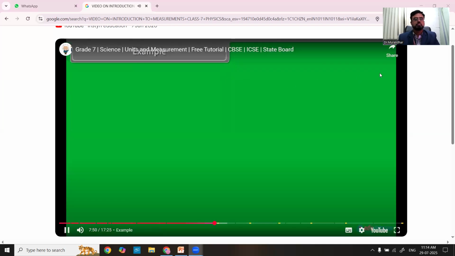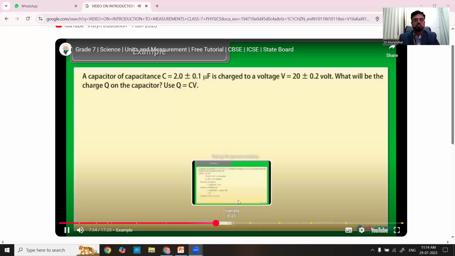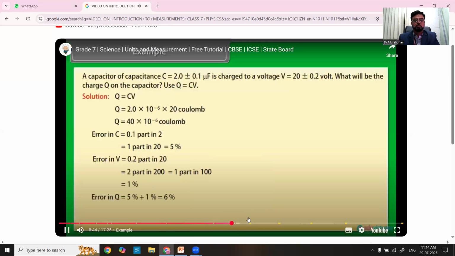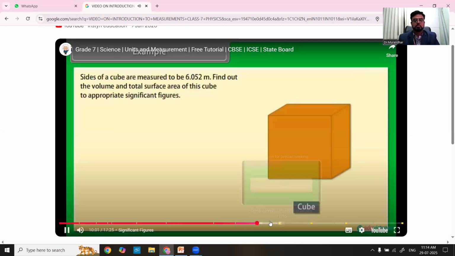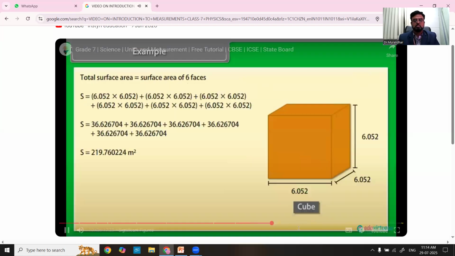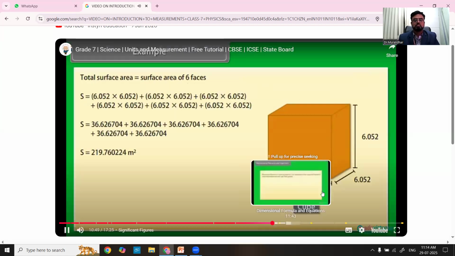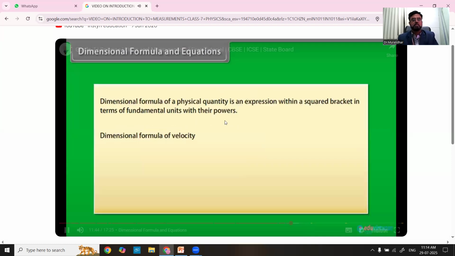Example. Let's take an example of errors. A capacitor of capacitance 6%. More accurate that measurement is. Let us take an example. Volume and total surface area of 19.76 meters square. Each formula of velocity is equal to. So